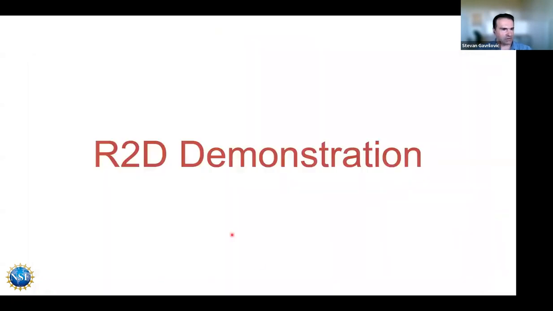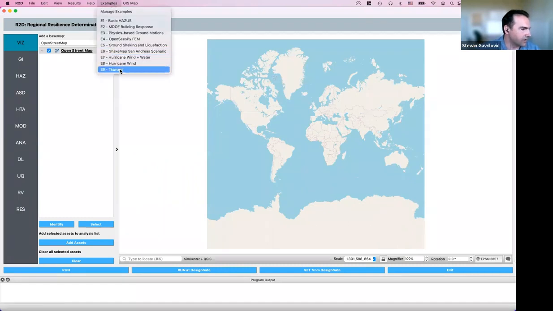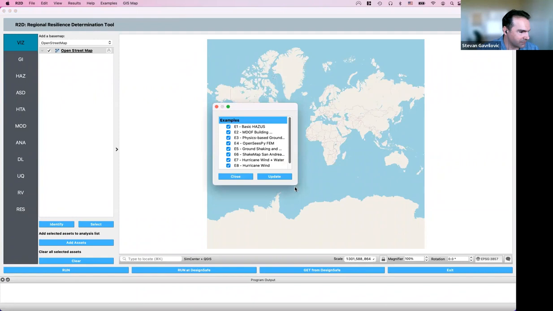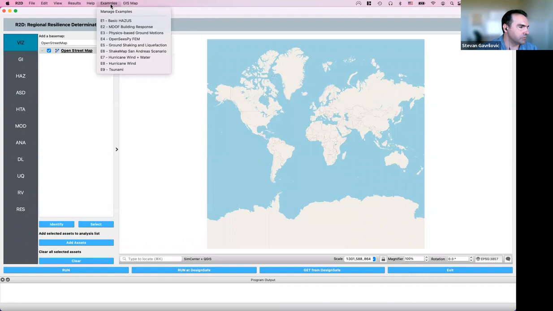And I'm going to open up R2D. Okay, so here's R2D, and I'm going to load example 9 to help go through it. So as I mentioned previously, you could load the examples through R2D. You could click here on Manage Examples, select the ones you want, click Update, and they'll be downloaded from the server and installed on your computer. In this case, I want to load example 9, so I'm going to go up here, click on example 9 tsunami,